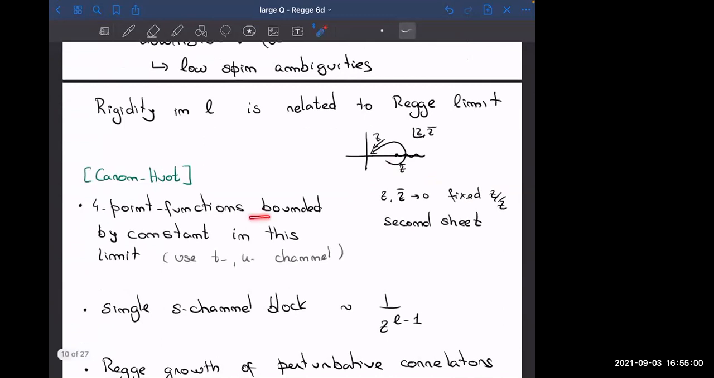And the 4-point function was shown by Simon to be bounded in this limit. But now if you look at a single S channel block, you will see that it actually grows like this. And here you see y to the spin minus 1. So you can add spin 0 if you have a nice 4-point function and you start adding S channel blocks. You can add spin 0 and spin 1 blocks without ruining this nice boundedness in the Regge limit, but you're not allowed to play too much with the spin 2 or higher operators. So this is the source of this rigidity,